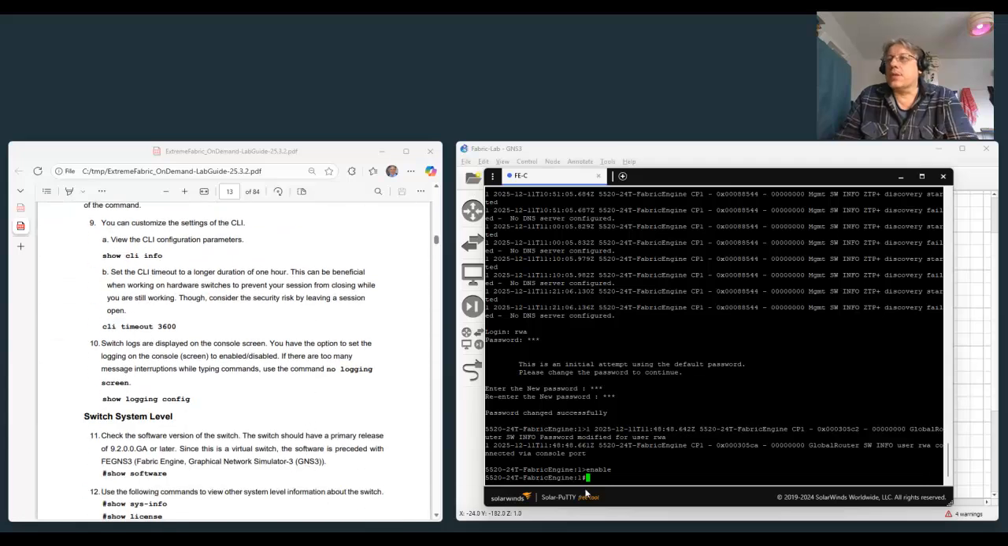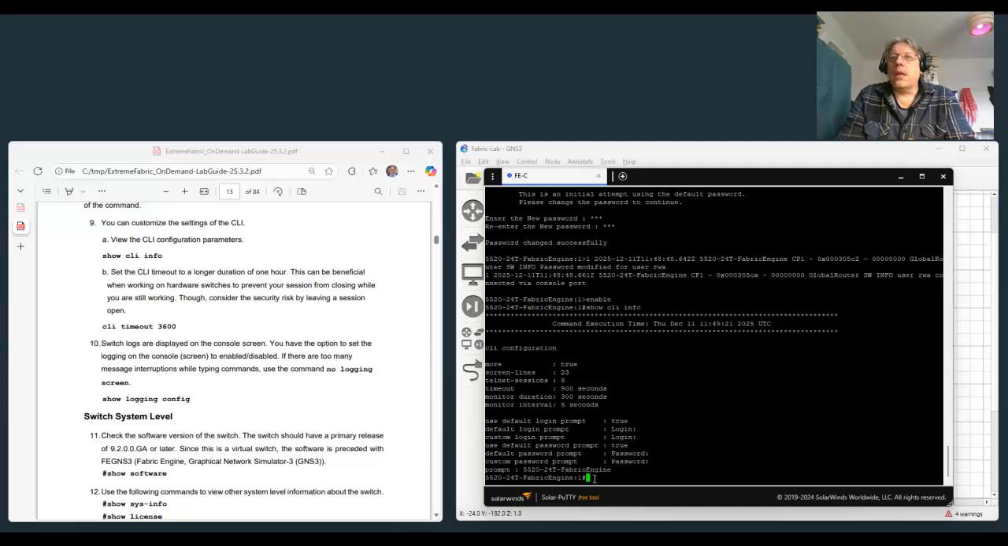Let's do the show CLI info command. Let's see what that looks like, and we can change the CLI timeout from 900 seconds, which is 15 minutes, to a lot longer, so we might want to set it to an hour. So if I do that as per the guide and say timeout 3600,